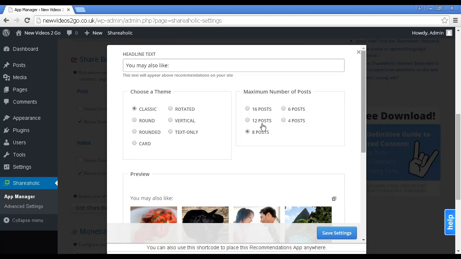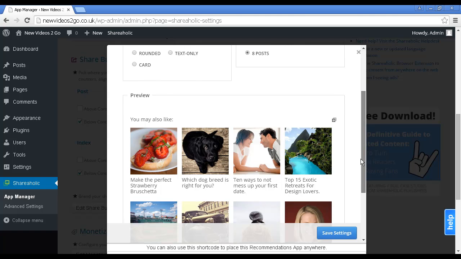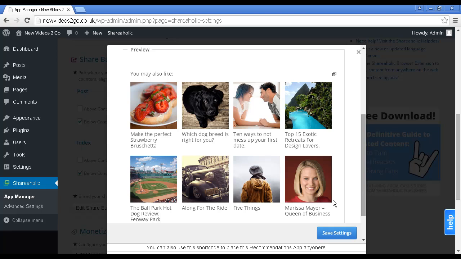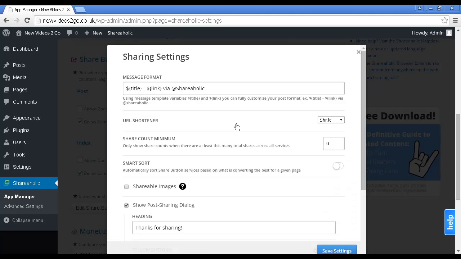You can change the theme. You can change the number of posts, and this gives you an idea as to what it will look like when they show the related content underneath your page or post. Okay, we should click on Save Settings if you changed it, or just click up here on the X if you haven't. I haven't, so I'm just going to click on the X. You can also edit the share button settings, so we just click on that. Opens up this pop-up window,